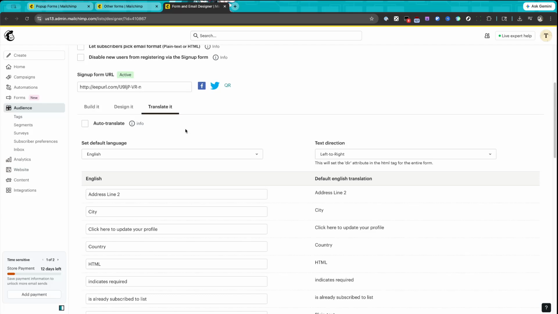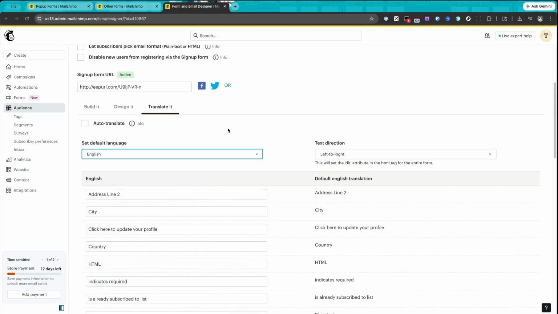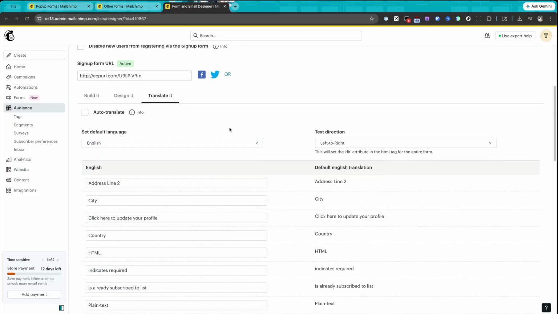Now, navigate to the Translate It tab. This is where the magic happens. To set the default language for your form, click on the Set Default Language drop-down menu and pick the language you want. Mailchimp offers a range of language options, so you should be able to find the one that works for your audience. Once you've selected the default language, you'll notice a table displaying all the phrases from your form